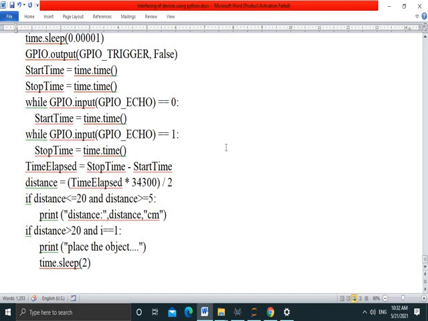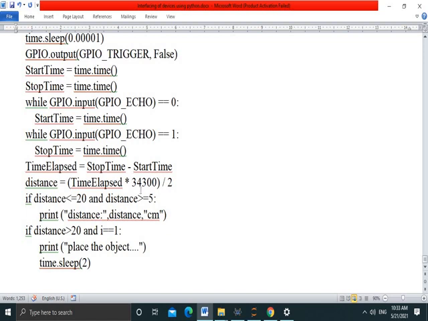Start time means the time for the waveform to travel from the transmitter up to the object, and stop time means the time from the object to the receiver. So time elapsed is equal to stop time minus start time, and the distance is calculated as time multiplied by 300 divided by 2.